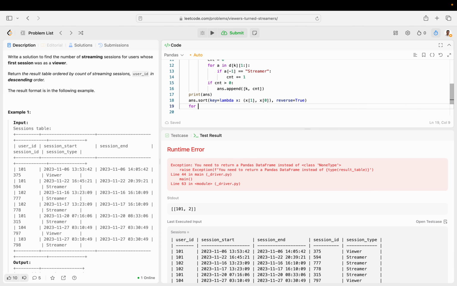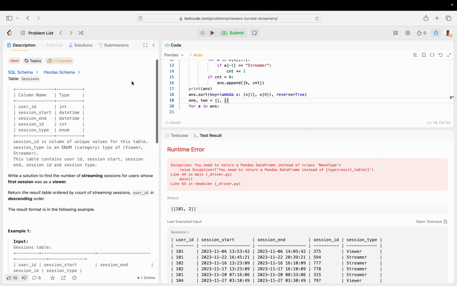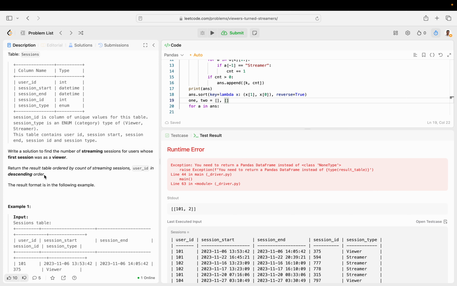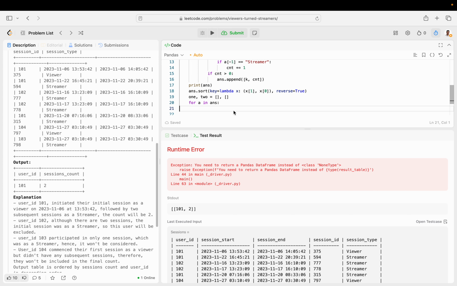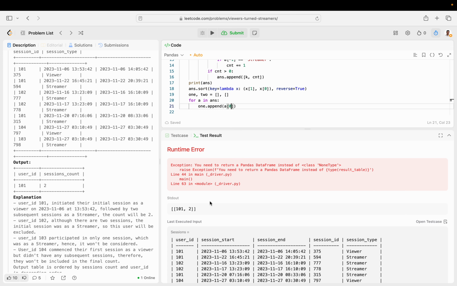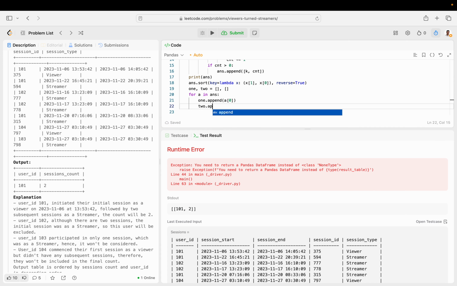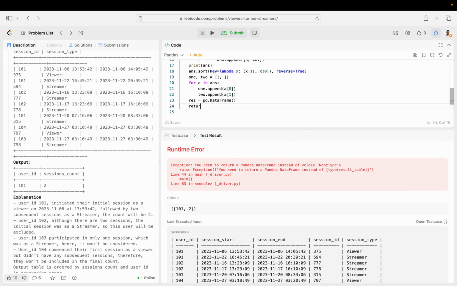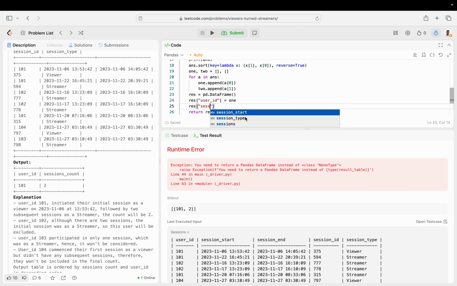And then let's also do for a in answer, let's make two lists, however many lists for however many columns we have. We only have two columns here, as you can just see. So 1.append a of 0, and then 2.append a of 1 for each sublist. We loop through, and then at the end, we can create an empty data frame and return it, but you have to populate the user ID column with 1 and then sessions count with the second list. Okay, let's run it